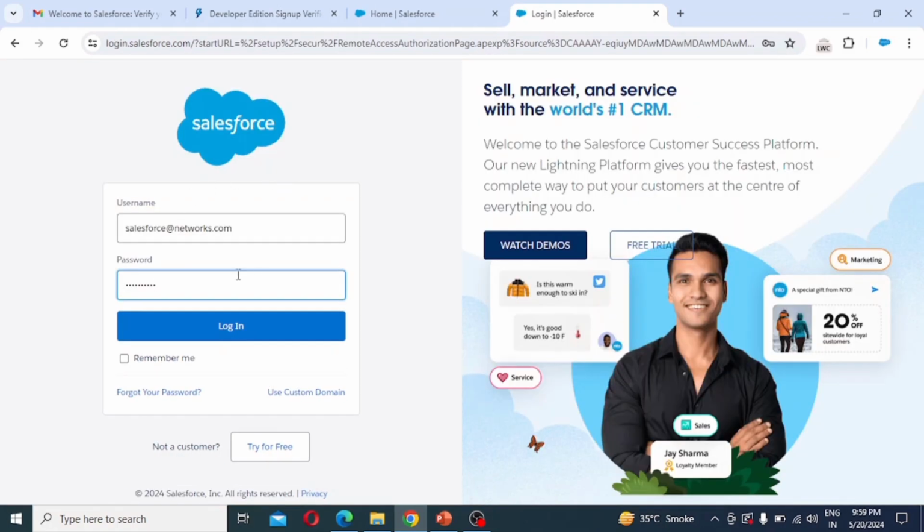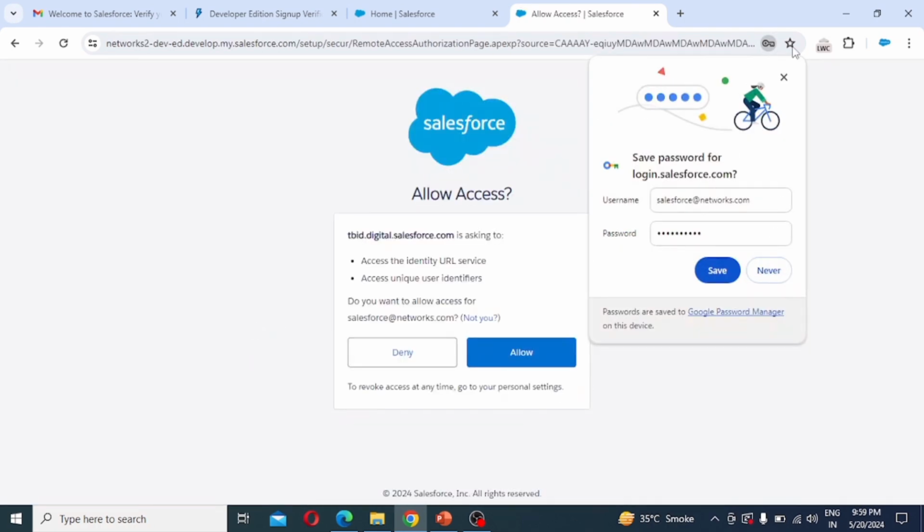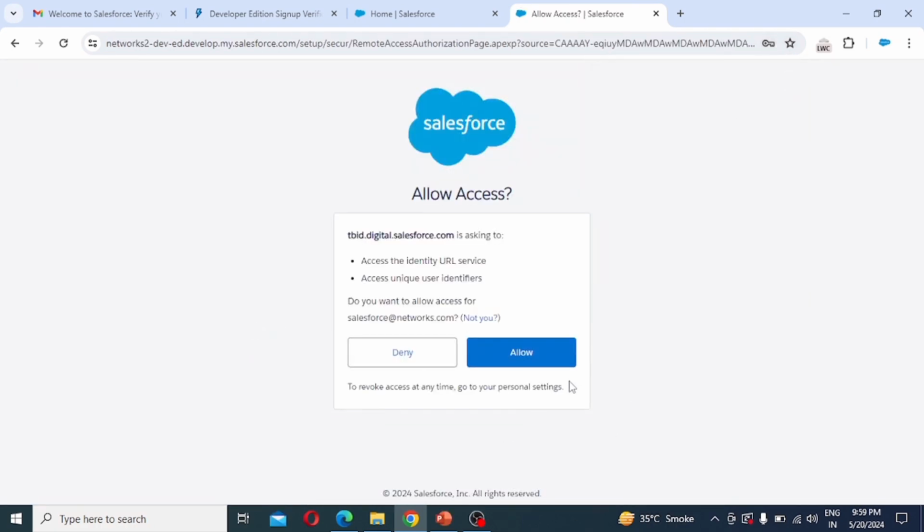We have to provide the username that we created right now and provide the password over here. Click on login. Click on the allow button.